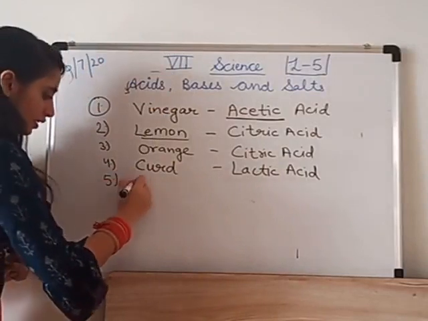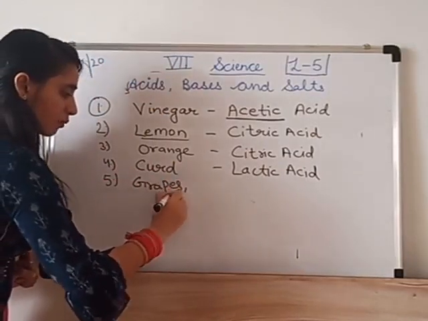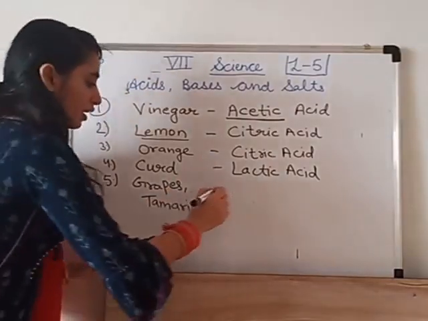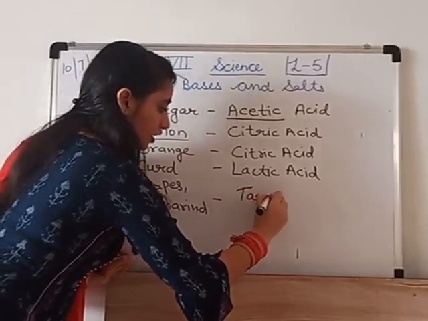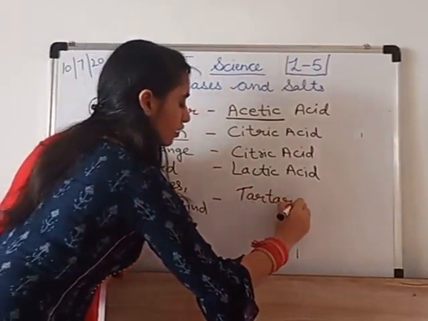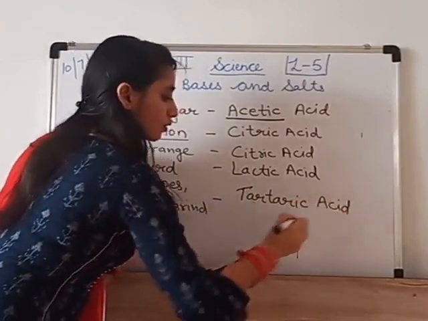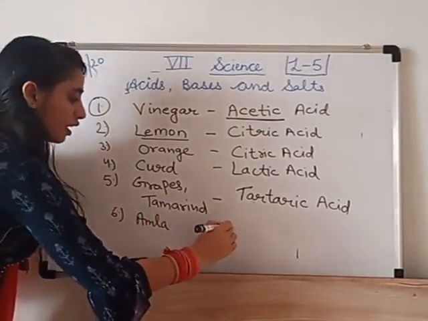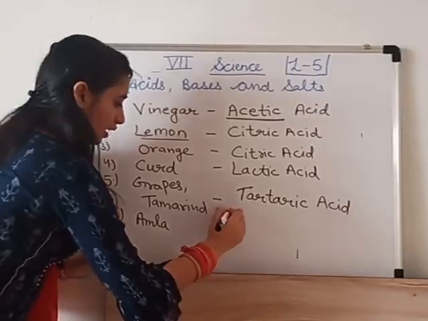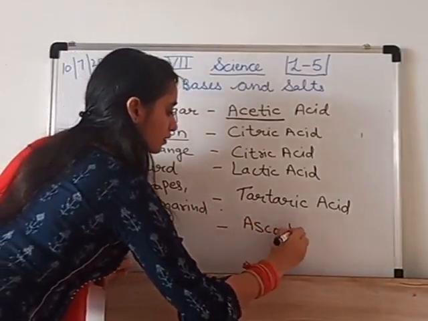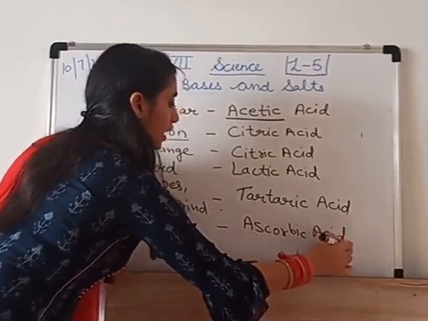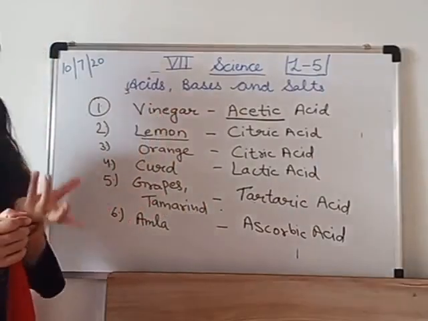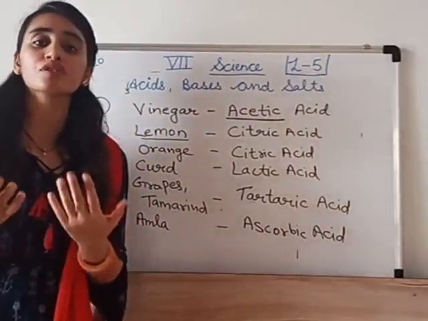And next is in grapes and tamarind, imli. Which type of acid is present? Tartaric acid. Okay. Next is in amla. In amla, which type of acid? Ascorbic acid. These are some names of acids which are present in these substances which we use daily,